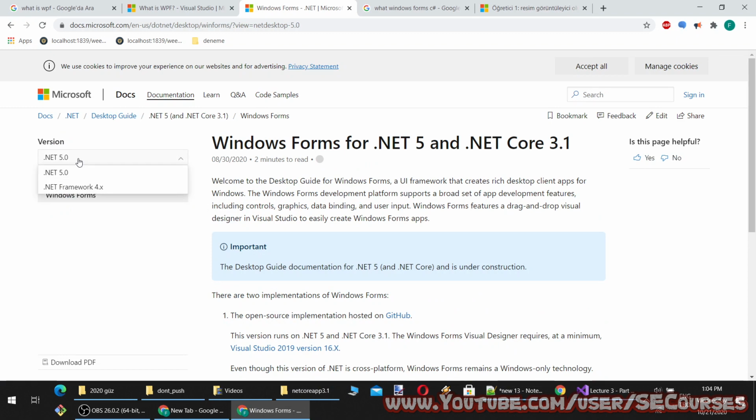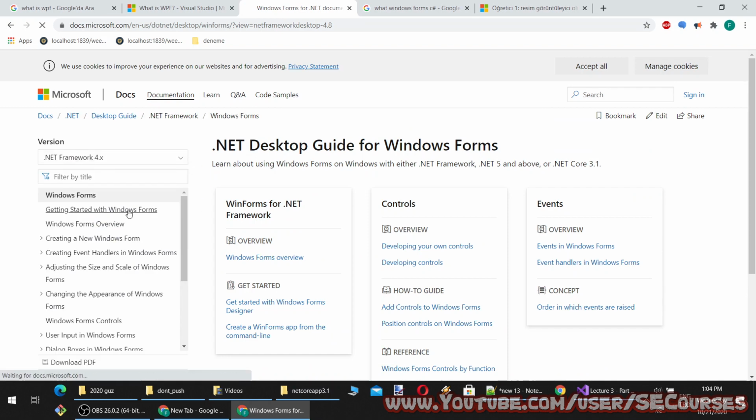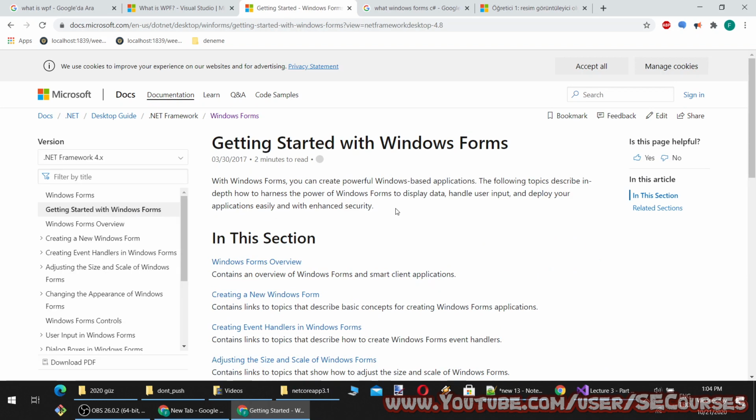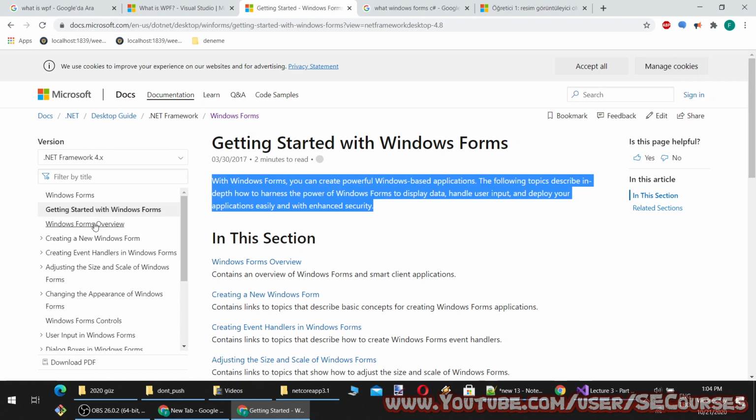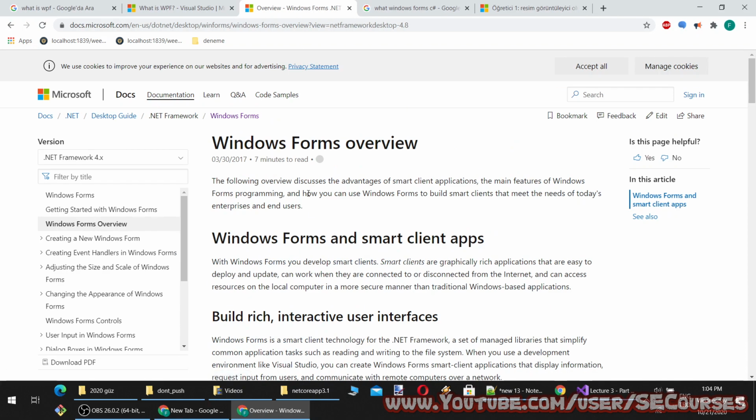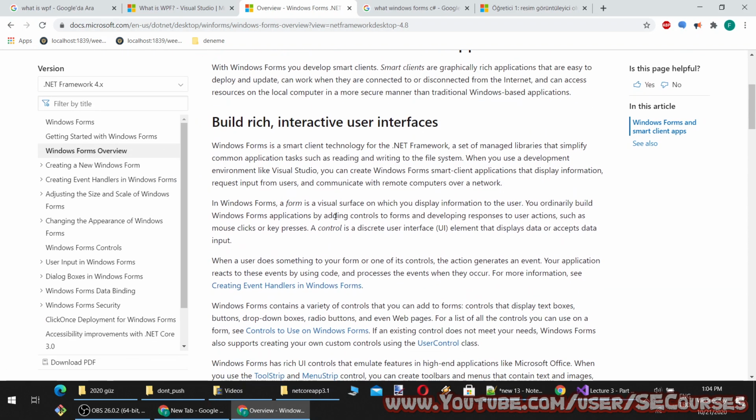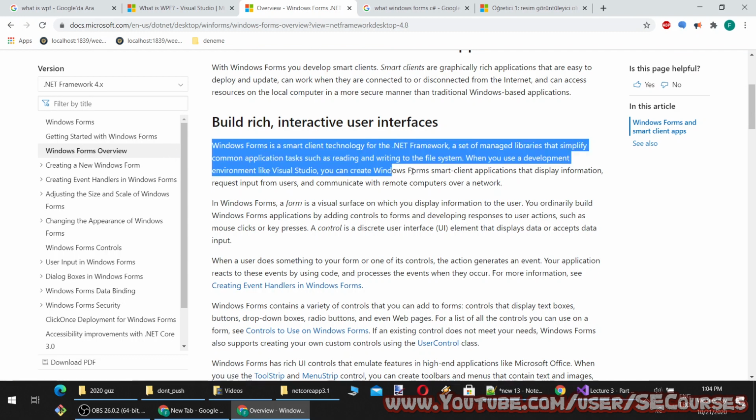Okay, there is .NET 5 and 4. Here, let's read.